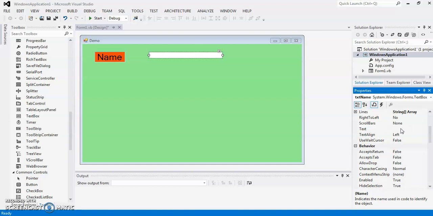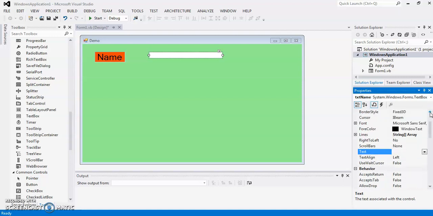But if you place anything here, when your program is executed, it will be set as the default text. So you can write any default text if you want, but I am not writing anything now because my text box will be used to take input from the user during runtime.